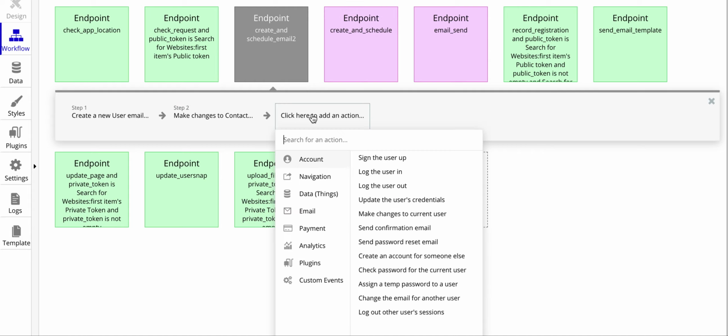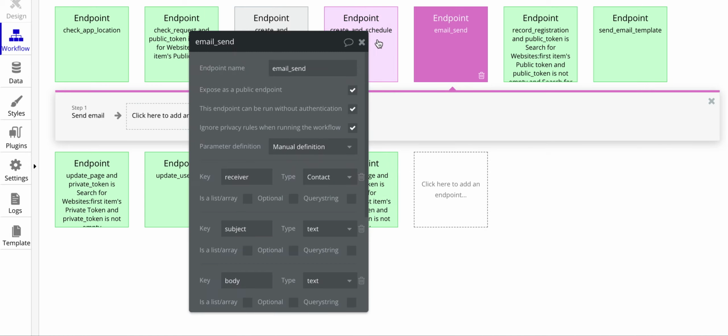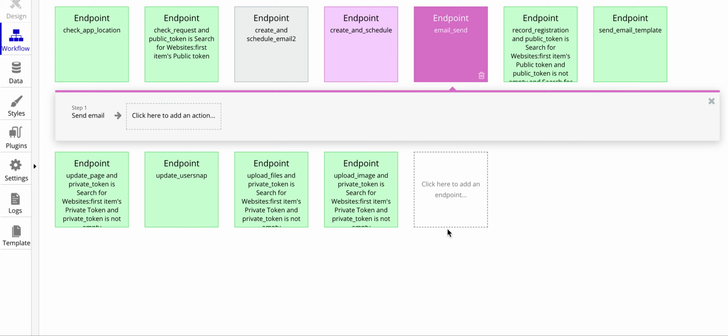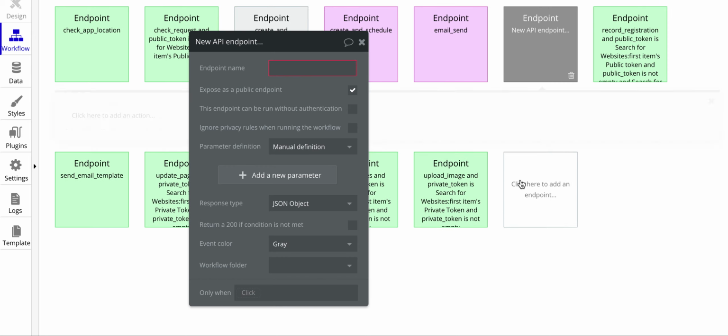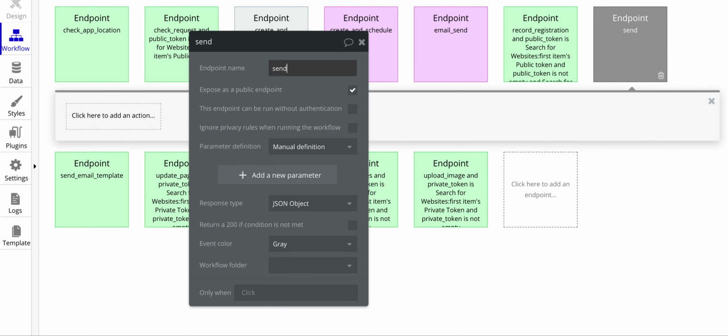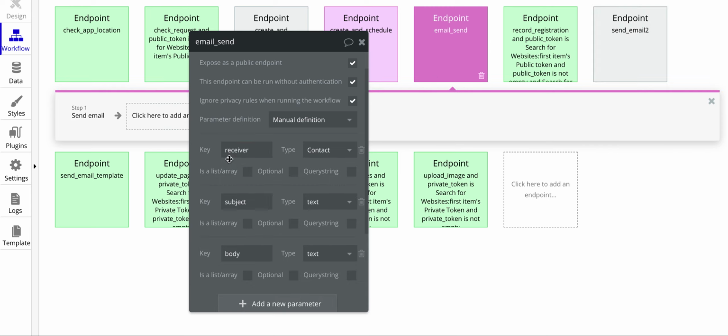And here we have to use this schedule API workflow. But to schedule a workflow, we actually need a workflow to schedule, right? And I already have it here. It's send email workflow, but we are going again to create it from scratch. Okay, send email to, and here we need, what do we need? We need actually just the same